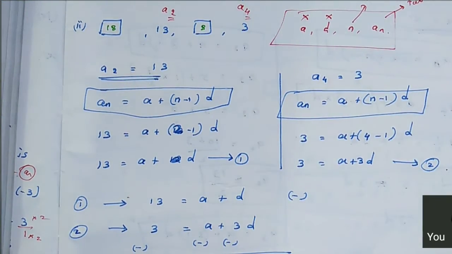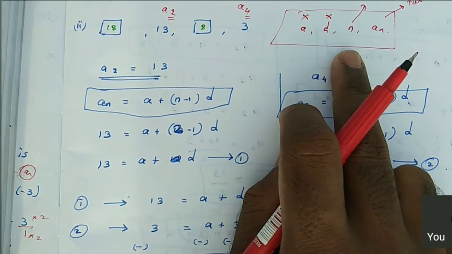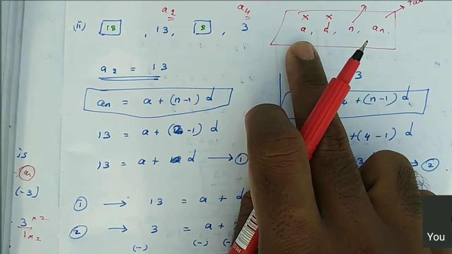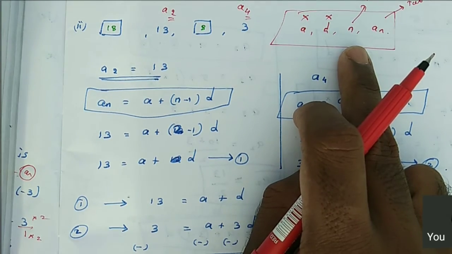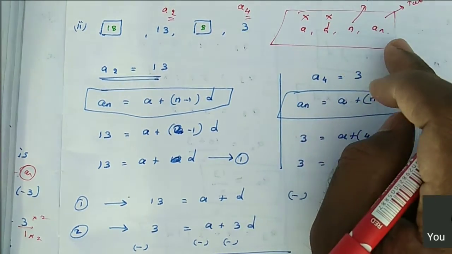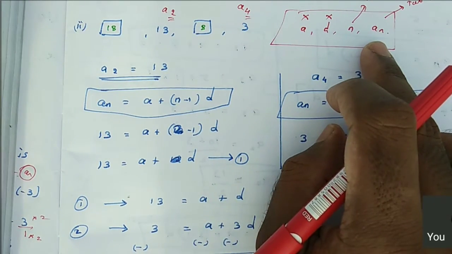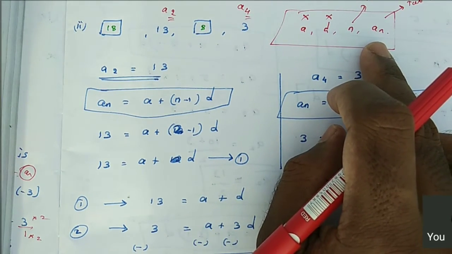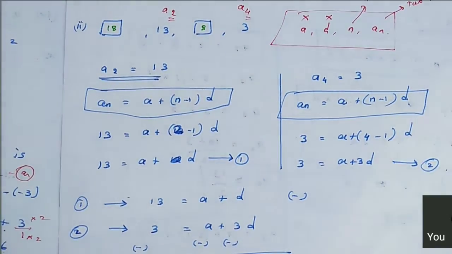When they give this kind of problem, listen very carefully. A is not here, D also not here, but An they gave and N also they gave. It is 2 values for N and 2 values for An. We solved this kind of problem in one example. Do you remember? The 11th term of the AP is this and the 15th term of the AP is this. Find A and D.